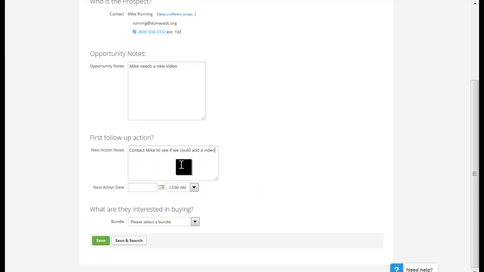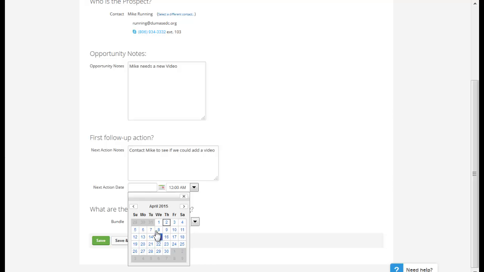And then we're going to go next action date. When do I want that next action to happen? Probably tomorrow. So all you have to do, real quick tip here, you can either click on the calendar, which is kind of cumbersome, and you just pick and choose your date that you want to complete the action, or you can put your cursor in there and hit a plus sign, which will add a day,